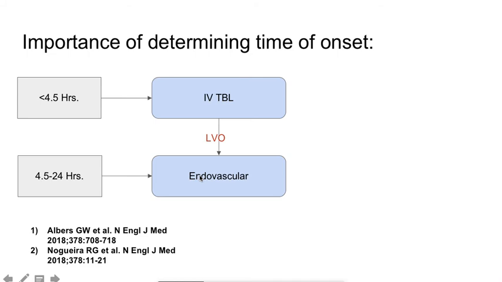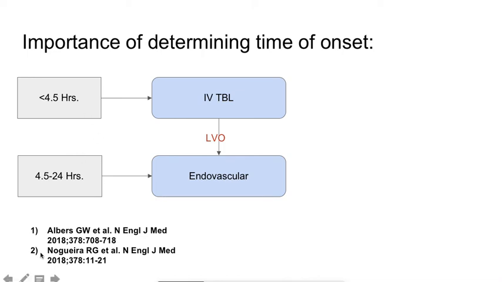And what is the importance of determining time of onset? As I was telling you, it is very important, because this is what is going to tell you how to treat your patient. Okay, if your patient has less than 4.5 hours of time of onset, this patient can receive IV thrombolysis. But if your patient is between the period of 4.5 hours to 24 hours, patients are candidates to endovascular treatment, but not to intravenous thrombolysis. Okay,